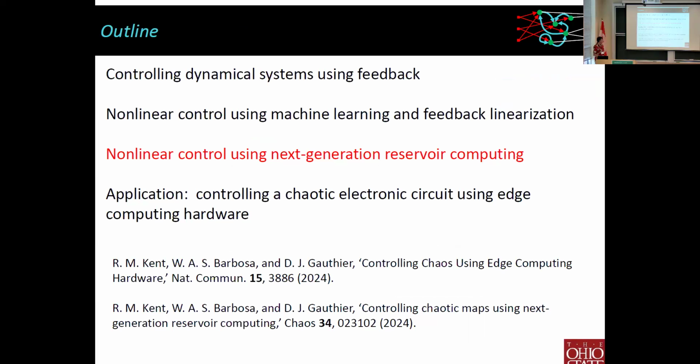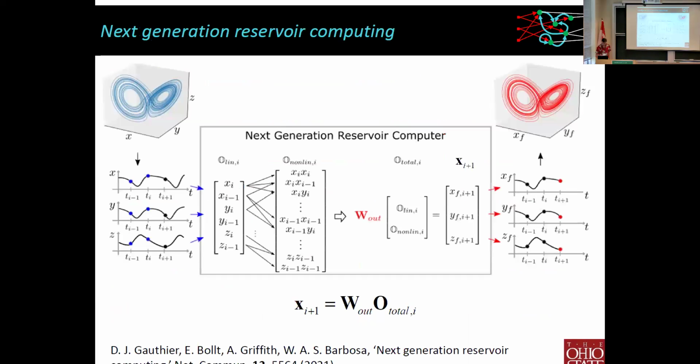Okay, so just a couple slides on the next generation reservoir computer. So the whole goal is I want to learn that W and the F so that I can then turn it into a linear system. The work that I'll show you, there was one paper in Chaos that was published near the beginning of the year and one in Nature Communications that just came out a couple of weeks ago. This is more just a theoretical work on controlling the Hénon map, and this is for the experimental system.